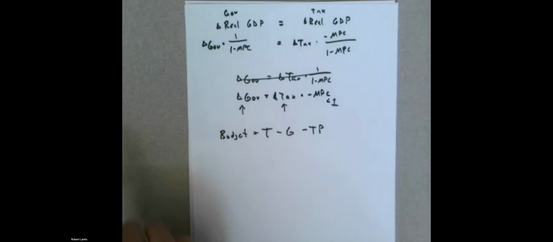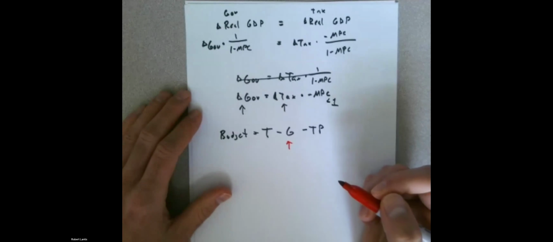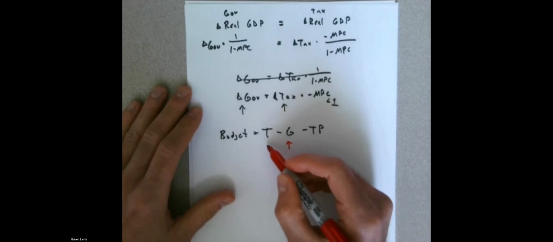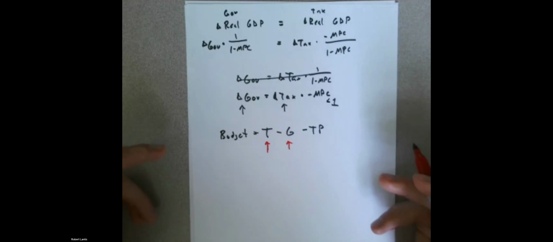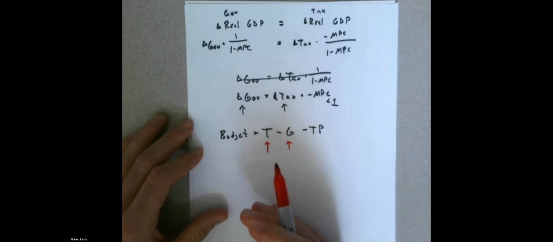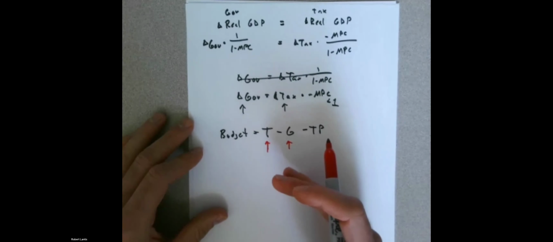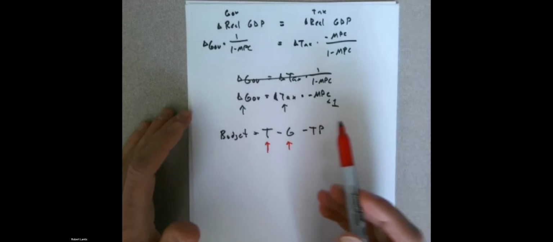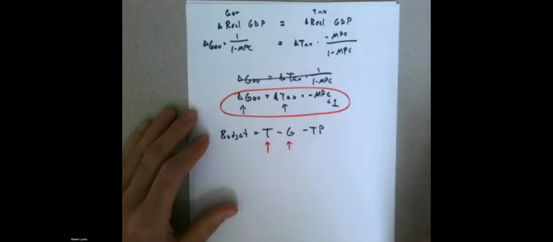Now, in order to get the same kind of budget as before, to have the budget be balanced, if we're increasing government spending, we actually would need to increase tax revenue, right? So to keep that budget balanced, we would need to change these things in the same direction, because increases in government spending would increase aggregate demand and decrease our budget. Increases in taxes decrease our aggregate demand, but it increases our budget. And the relative size of that change in taxes and change in government spending would be dictated by this equation.